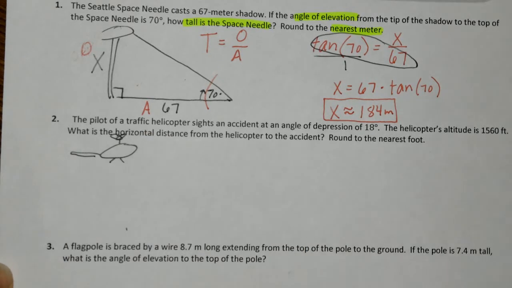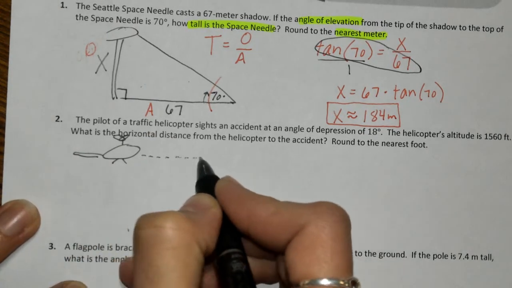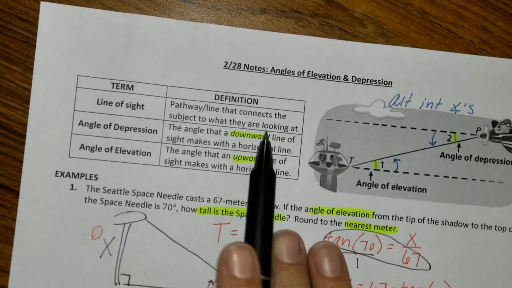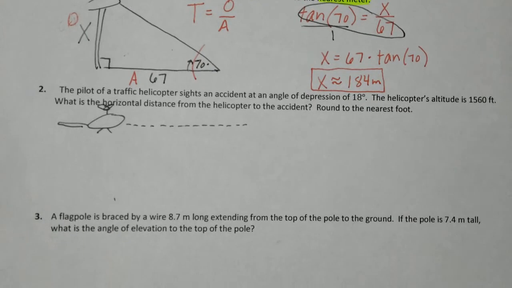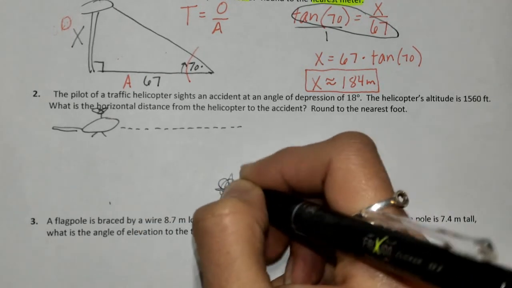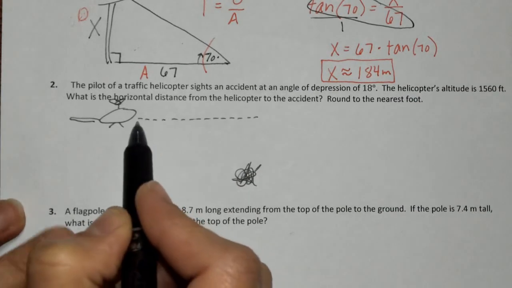Now, the line of sight is going to be straight ahead. That's what we talked about up here, line of sight. It's going to connect to where they're looking. It's going to be straight ahead. We need this so that we can get that angle of depression. Let's say that this is the accident. Yeah, it looks like an accident, right? The angle of depression right here,